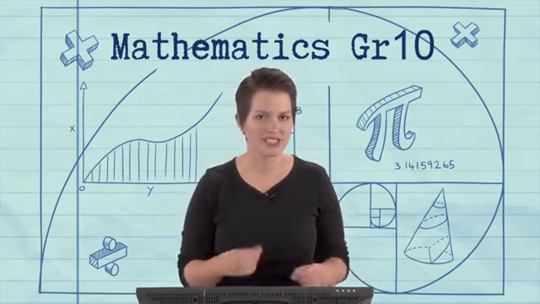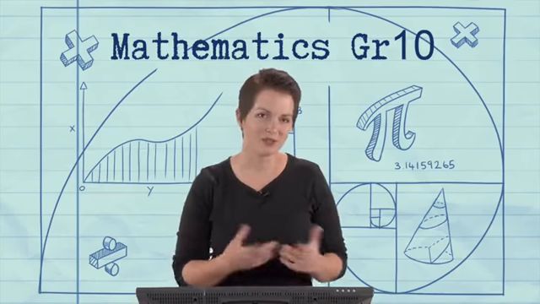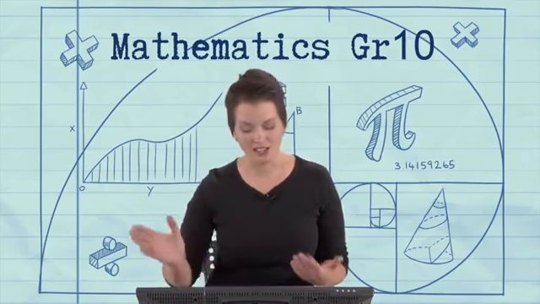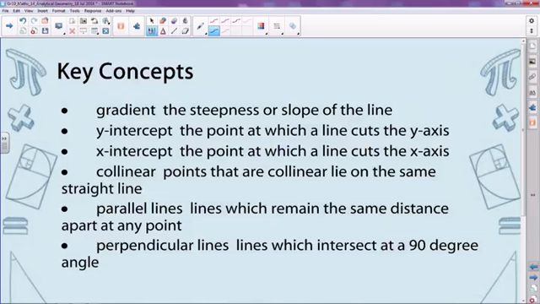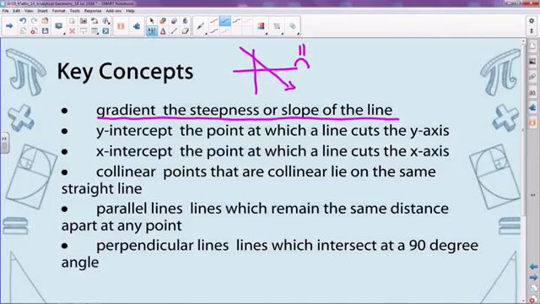Okay, we've got a selection of activities to do. So we're just going to look quickly at the notes and then we're going to move through. So we have some key concepts over here. Firstly, you know already that the gradient is the steepness or the slope of the line. If we have a negative gradient, the line is going to go down. Look, you're feeling negative about life, your mood is going down. But if the gradient is positive, then the line is going up, just like your smile when you feel positive